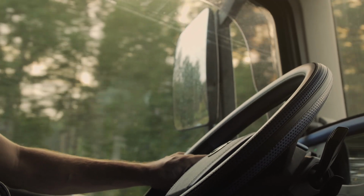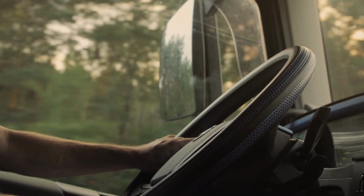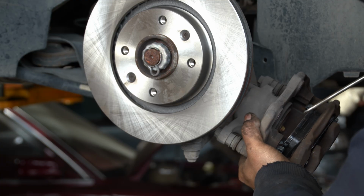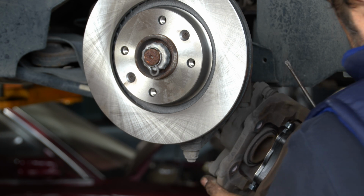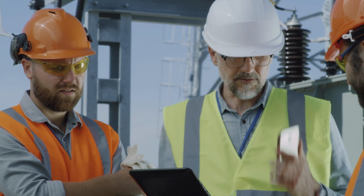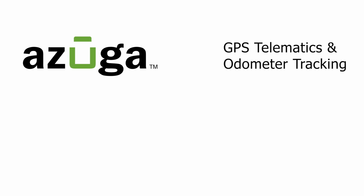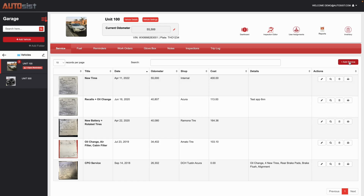The largest struggle was communicating that information to the driver of the vehicle, the crew foreman responsible for the vehicle, and then also the field mechanics that were sent to repair and service that vehicle. Those three groups of people had no access without a phone call to that data, which led us to explore Azuga for GPS tracking, and then AUTOsist to integrate that mileage and GPS tracking information into a platform that